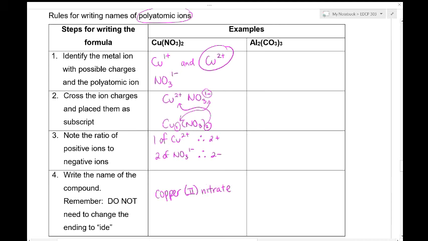Notice I kept the word from the back as nitrate. I didn't change anything to IDE. Next example,